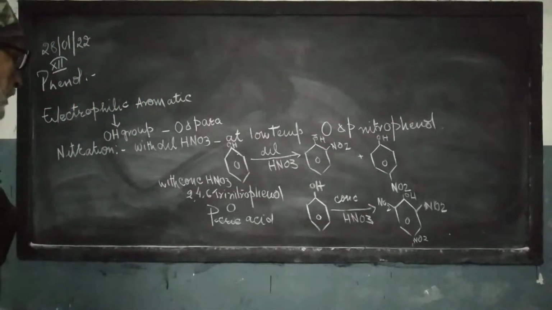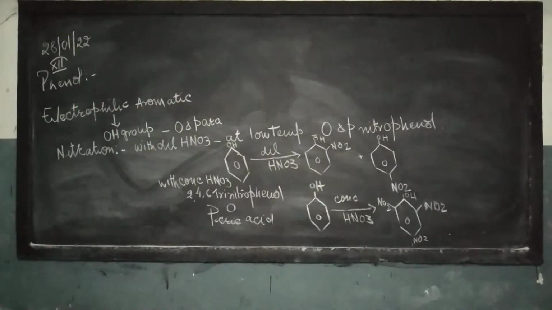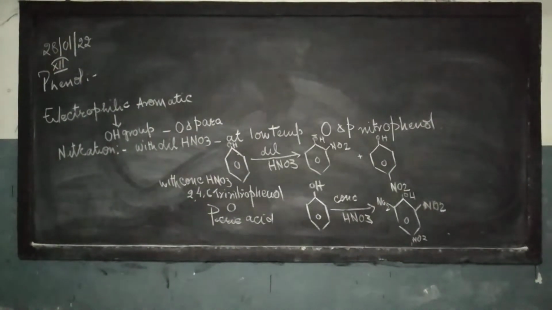So at low temperature and with dilute nitric acid, it gives orthonitrophenol and para-nitrophenol. But when it is treated with concentrated nitric acid,